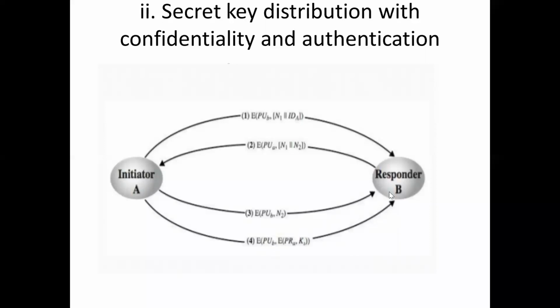And only the authorized person has to decrypt that message, that session key. It means it should provide confidentiality: no other person is able to receive or decrypt that message. So here the session key is encrypted two times. One is by using the initiator private key, and again the session key is encrypted by using the responder public key. That's why this distribution of keys can provide both confidentiality and authentication.